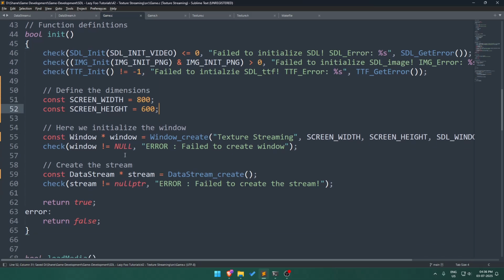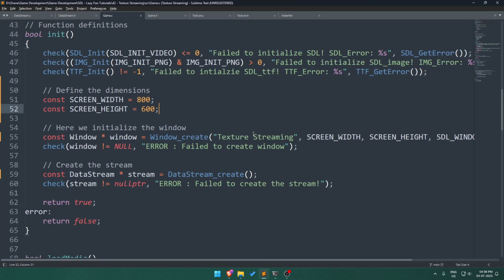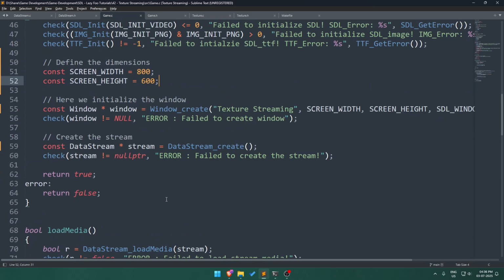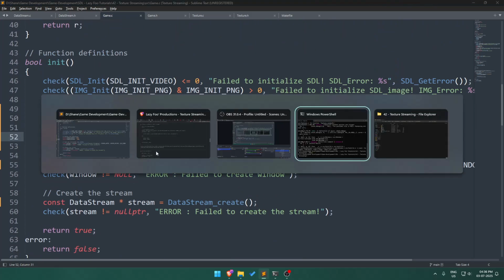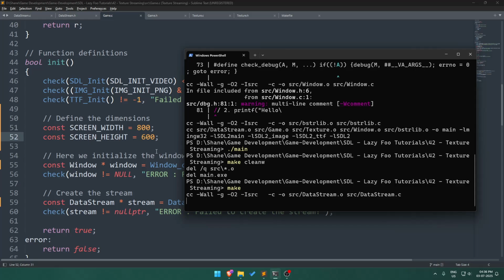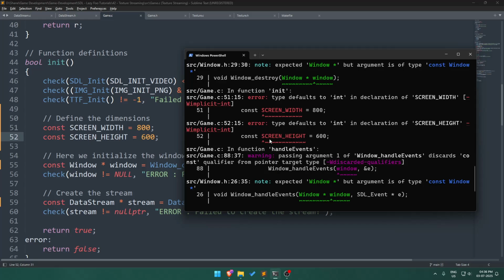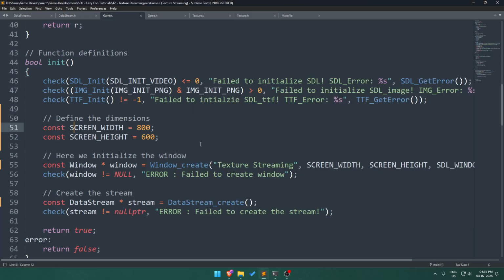Okay, and screen height, screen width would have shown, and there we go. So this should work. Right, so screen width, oh sorry, const int,